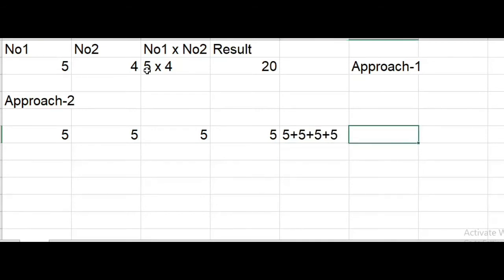And the result is 20. So in approach number 1 we multiplied 5 by 4 and got the result 20. In the second one, instead of multiplying two numbers, we are taking number 1 as many times as number 2. So number 2 is 4, so we are taking number 5 four times: 5 plus 5 plus 5 plus 5, and we are getting the result 20.